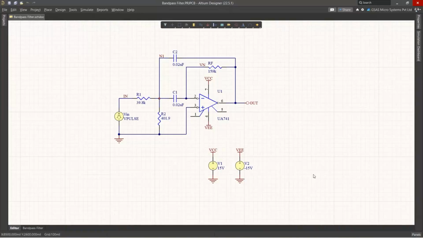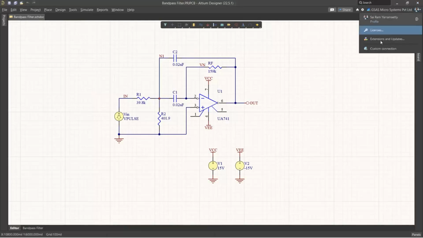In case, once you open the simulation, you are not finding this option when you open a schematic to simulate, then it means the simulation extension has not got installed. To install it, after the installation has happened, go to this top right corner, left click on this and go to